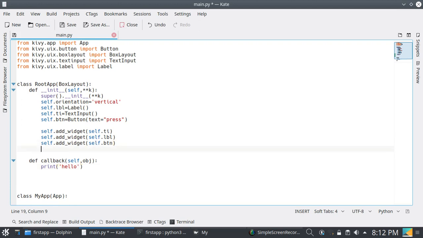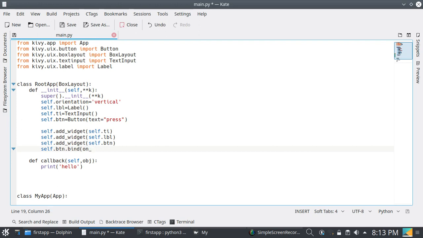To call this method through this button, we have to bind this callback method with this button. To do this, write self.btn.bind. The bind method is defined in the Kivy library. So I am calling the bind method, passing on_press or on_release.